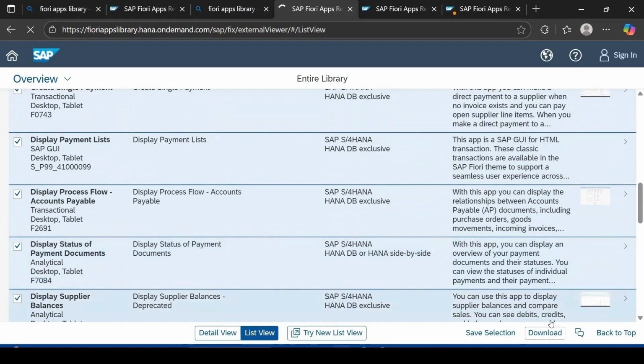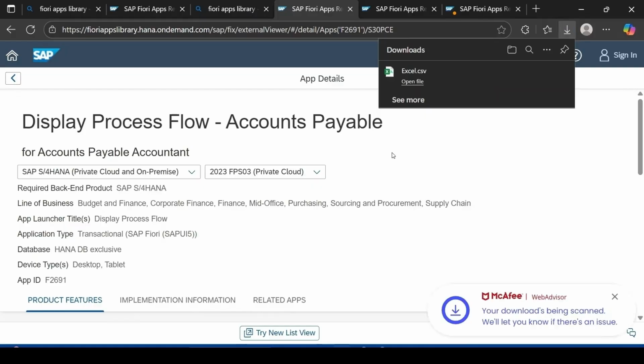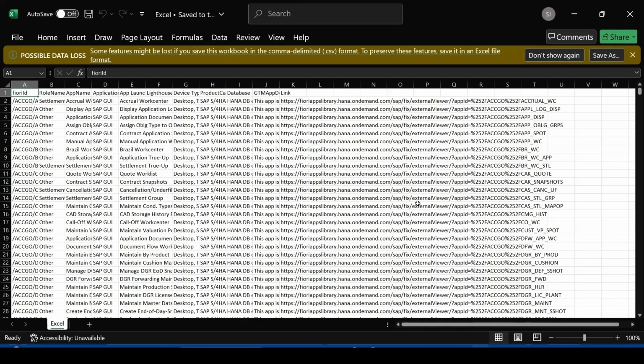The download option is also there on the lower half. It will download the whole content in an Excel format. Now it is downloading it. And now we can open this Excel file list actually where we are getting all the information